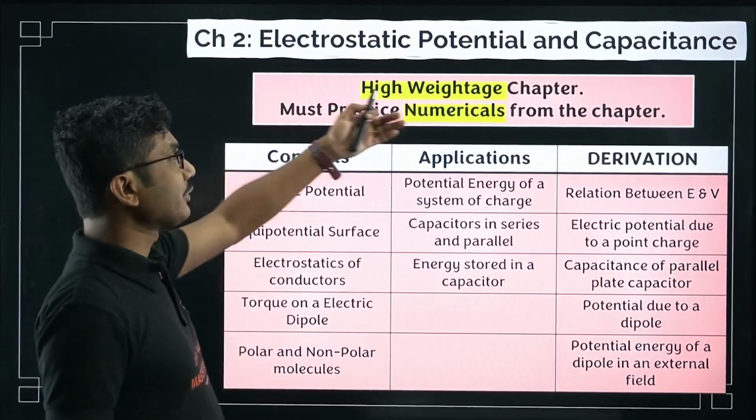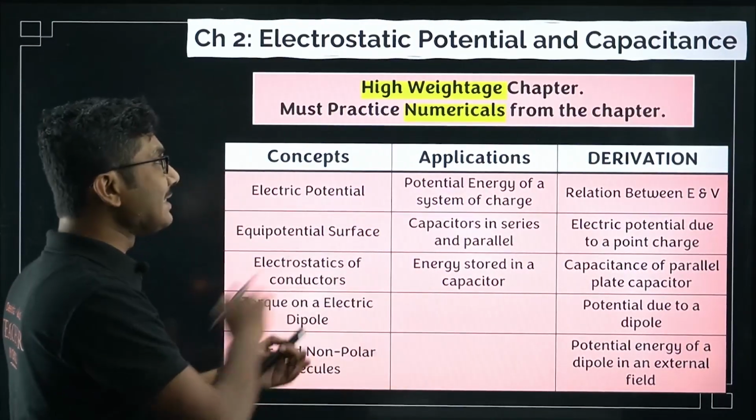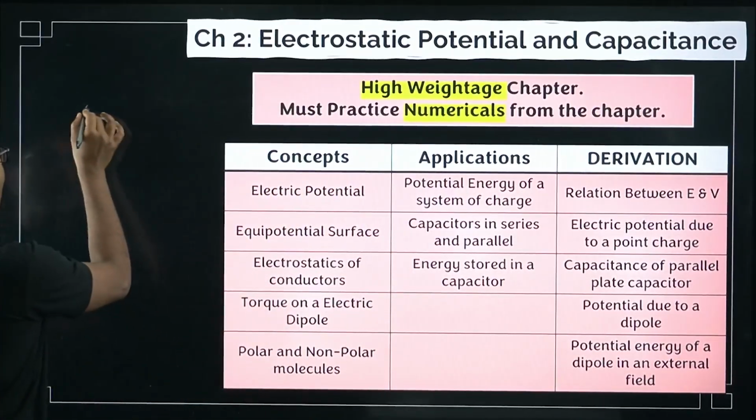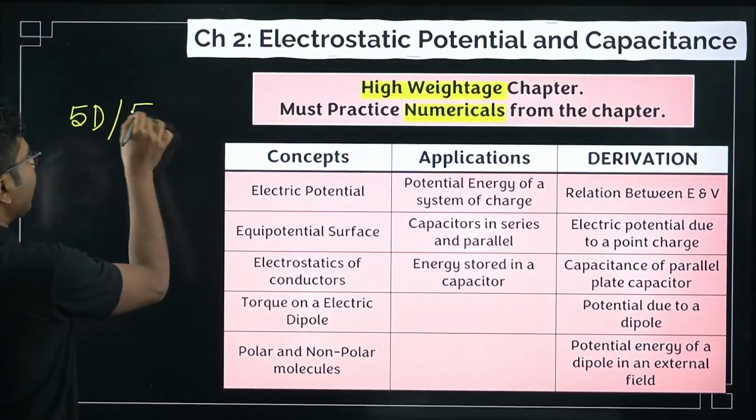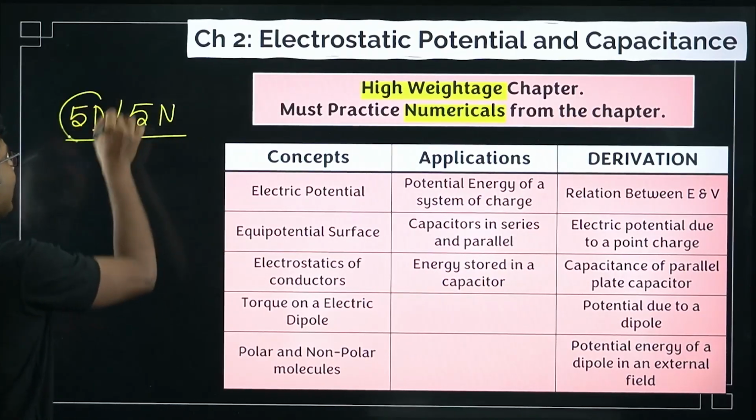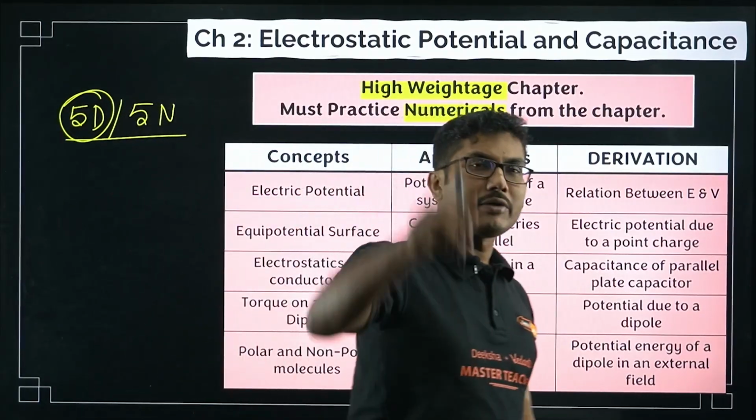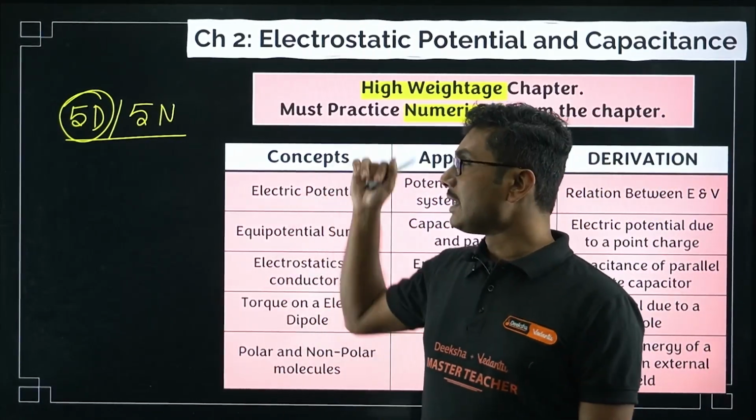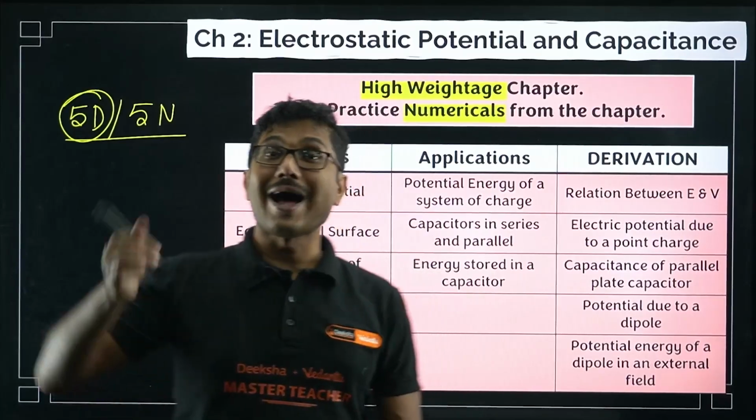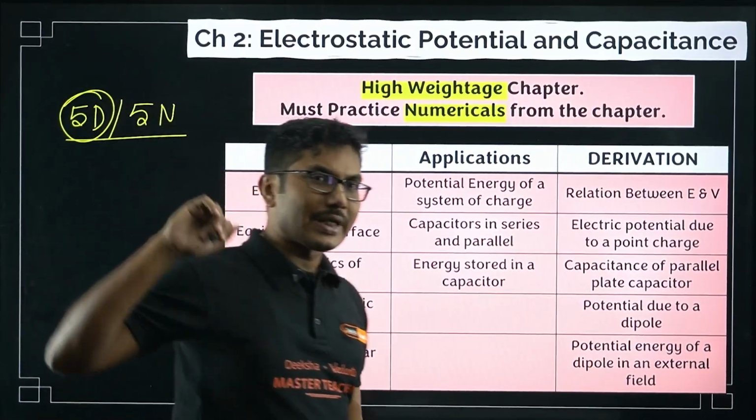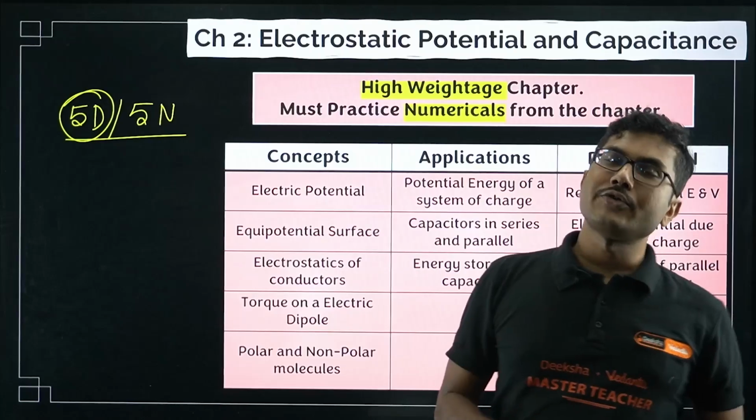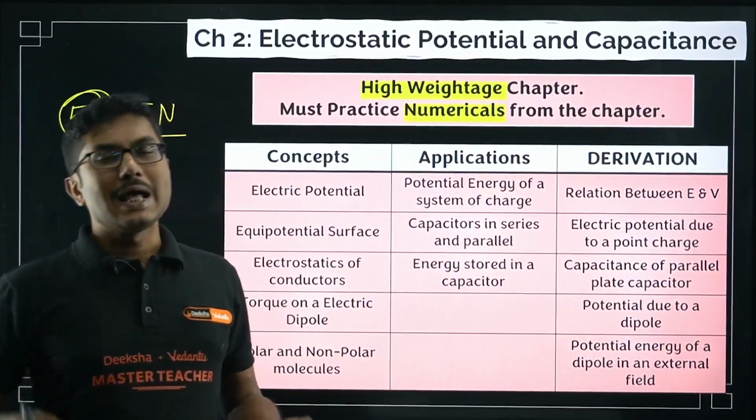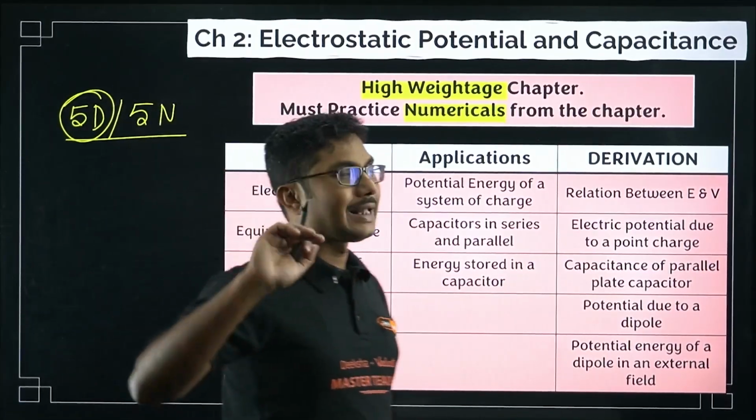Next is electrostatic potential and capacitance. As I said, this chapter and the electric field chapter come in a pair. Pair means either derivation or numerical will come from this chapter. Now if derivation is coming from this chapter, then numerical will come from the electric field chapter. If a derivation is coming from the electric field chapter, then a numerical will come from this chapter. Now last year derivation came from this chapter and numerical question came from the electric field chapter. So this year maybe there is a chance that they reverse it,